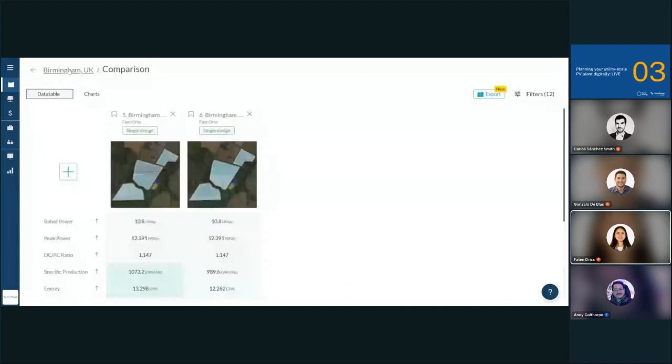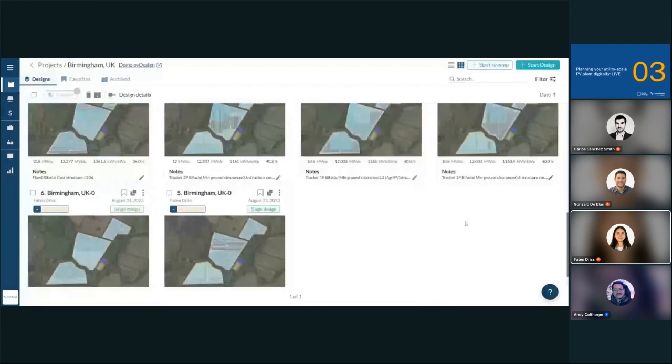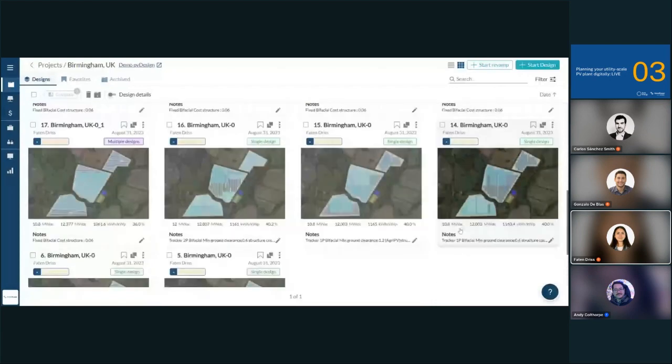What comparison we also did with Carlos, we tried to introduce the Agri-PV, which is an important subject that we will tackle here. We selected the tracker structures, and we introduced the clearance distance with a higher value. So let's select this and clone this specific design, which is a tracker 1P bifacial, and we change the